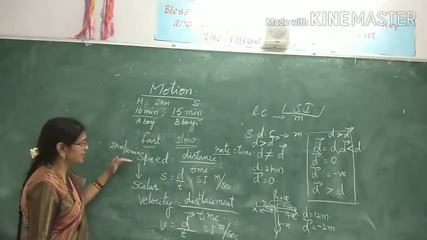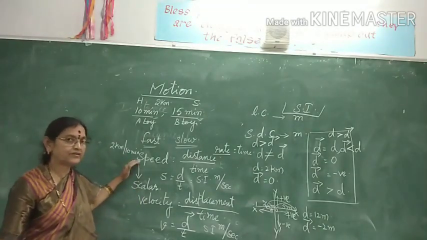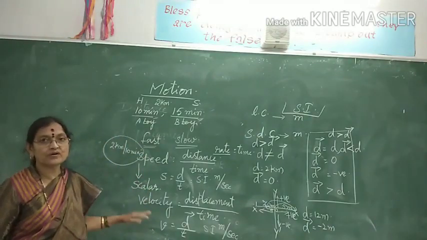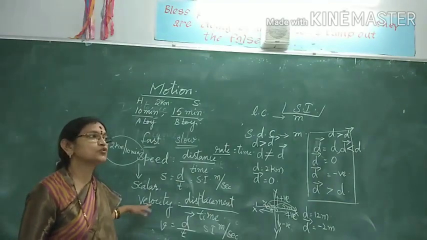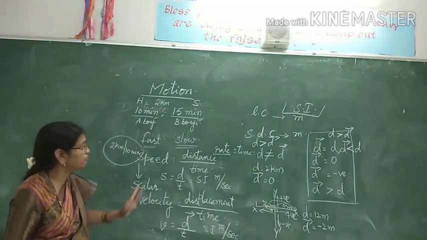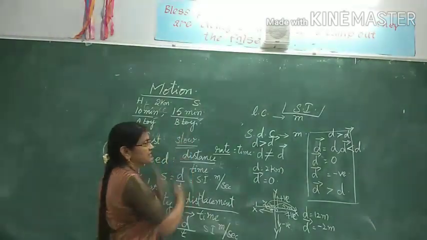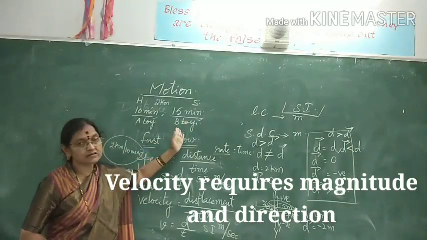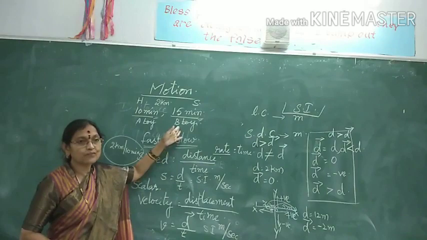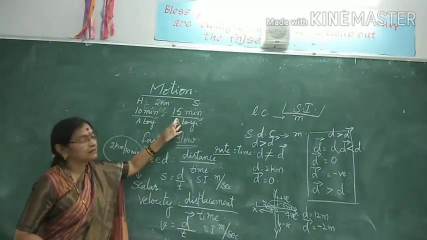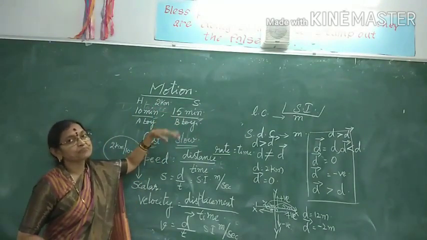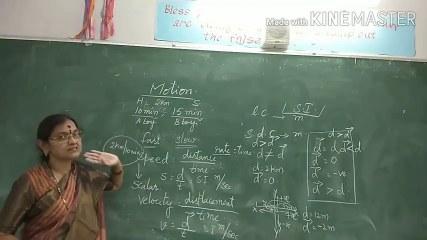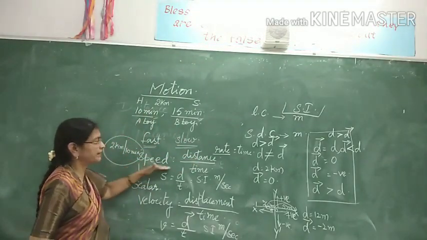So speed is a scalar quantity, with no need of any direction, only magnitude describes everything. But velocity needs the direction also, in which direction he has gone. Suppose these two boys are side by side, they can go around and come back. This boy has travelled a long distance, maybe a long route he took, but the distance will be the same. But this boy is coming slowly from behind, and this boy is coming fast. How can you say? The speed.